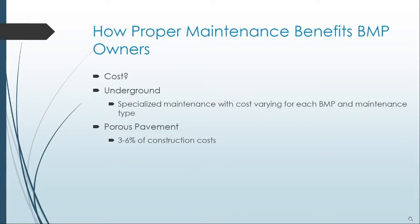So that was underground. Again, a lot of that specialized cost is going to vary on what it is that you're doing. If you're doing stuff by hand, then you've just got your basic labor costs in there. If you are